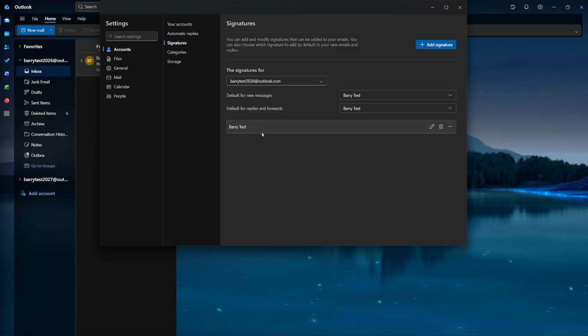To add hyperlinks, highlight the text, like your website or social profile. Click the link button and paste the URL. Linking your email address is helpful too,